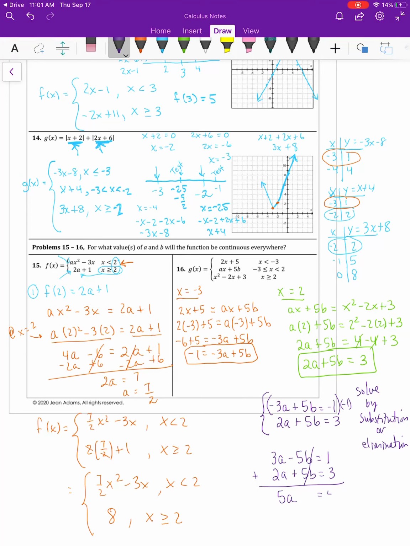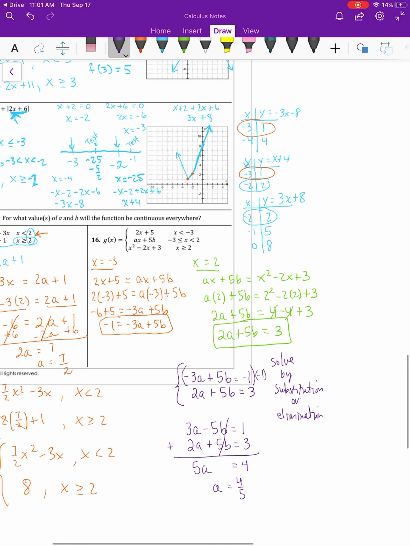This will be 5a equals 4, and my a is 4/5. And then once I get my a as 4/5, I can then put my 4/5 back into one of my equations. I just chose this green one right here. So I'm going to say